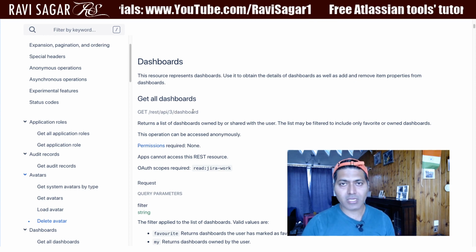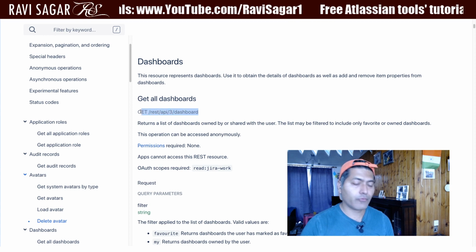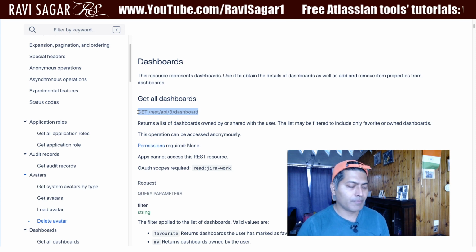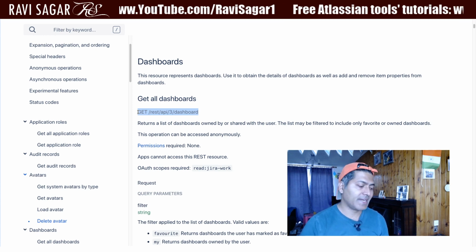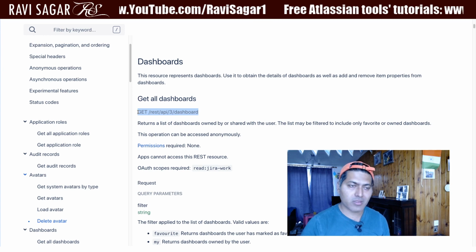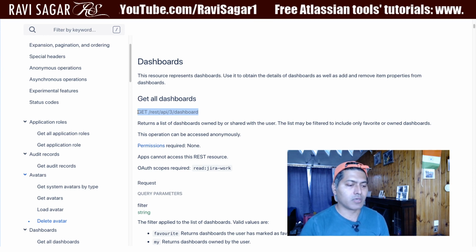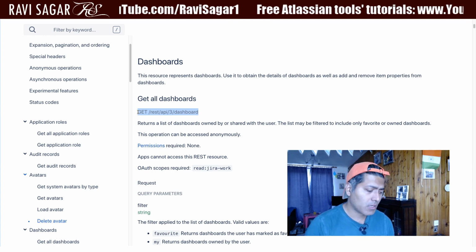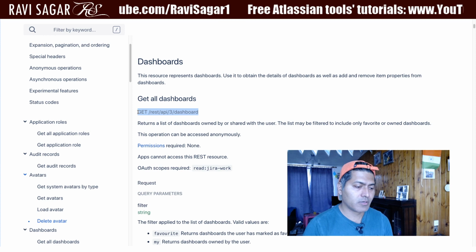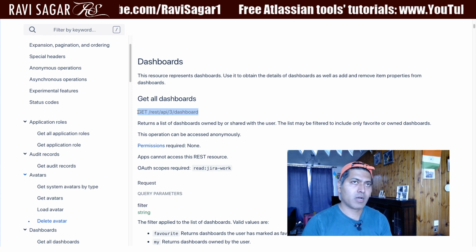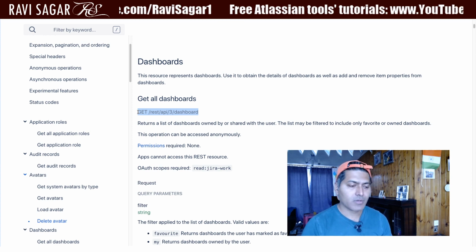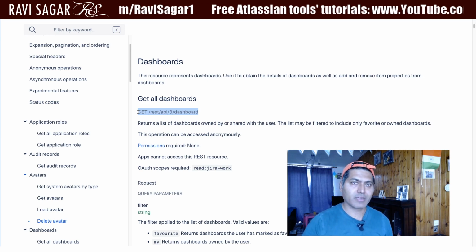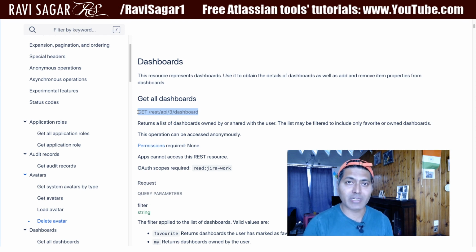When you're working with Jira, you are hopefully aware that we have something called a dashboard. A dashboard is basically a place where users can create their reports. You would use dashboards to track the work, and on a dashboard you have different gadgets. Now, when you're working with dashboards, they first of all need to have an owner. So dashboards are usually associated with someone in your Jira instance, and you can also share your dashboards.